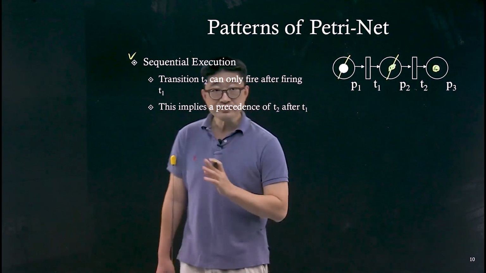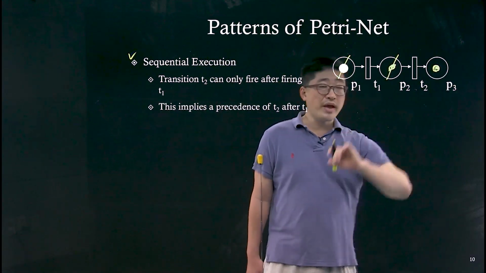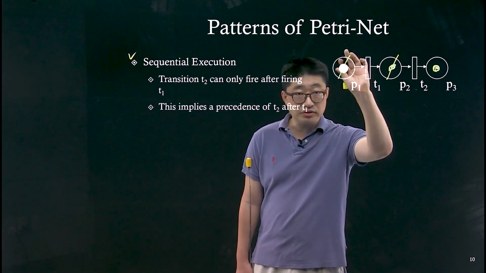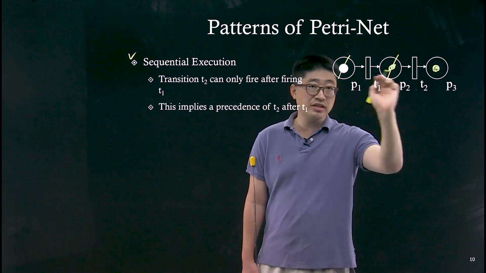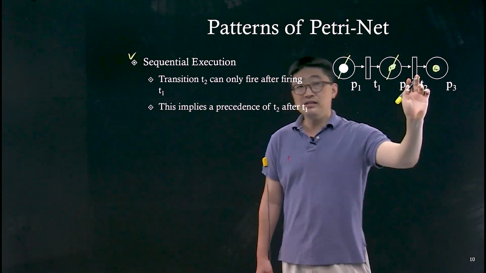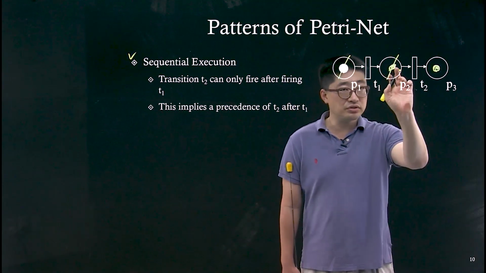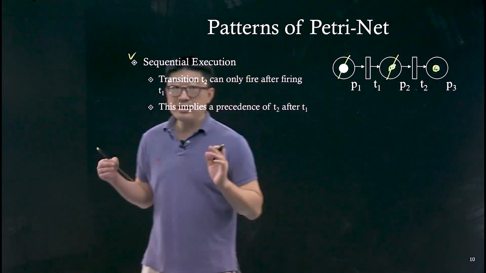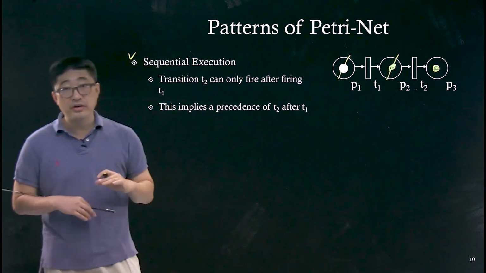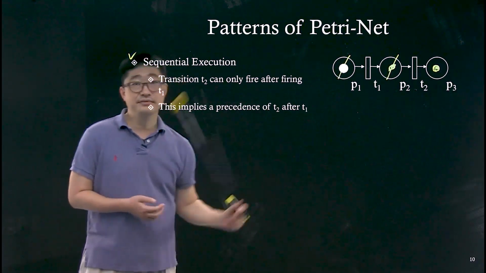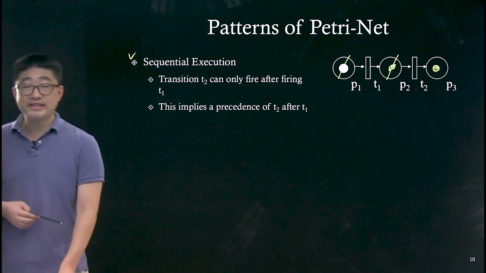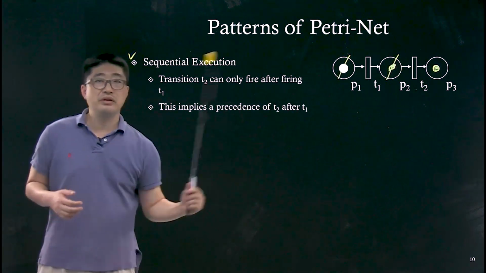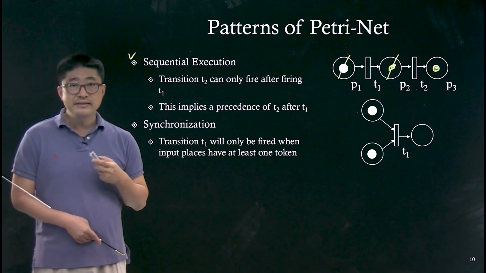Of course, this shows just one way of representing a token. We can have multiple tokens, for example 2 tokens, fire T1 and 1 token advances. Then T2 fires, leaving 0 tokens here and 1 token there. These places can hold many tokens if it is under the capacity limit of the places. That is sequential execution, like a scenario of a tandem assembly line in manufacturing.